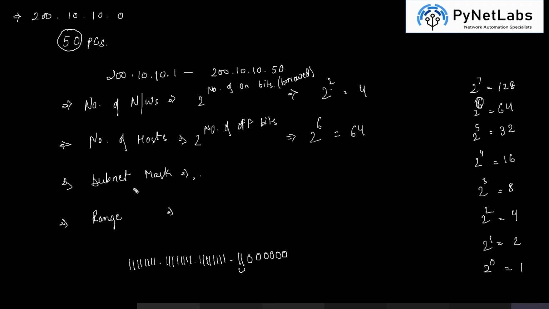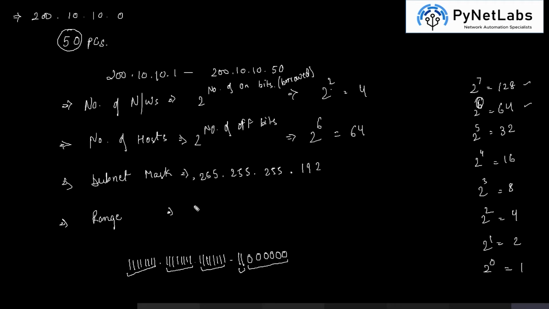Now let's try calculating the subnet mask. If we take all 8 bits as on, we get the maximum number, which is 255. Then again we have all 8 bits on, then again 255. Similarly, for octet number 3, we have 255. Then we have 2 bits on, then the rest of them are 0. So if we take the first and second bit as on and sum them up, we will get 192. So this will be our subnet mask.